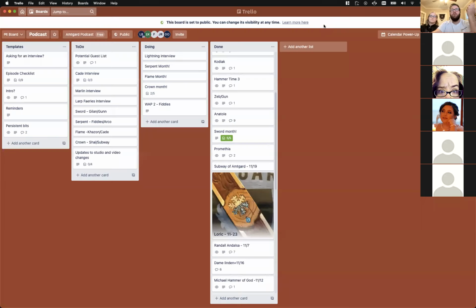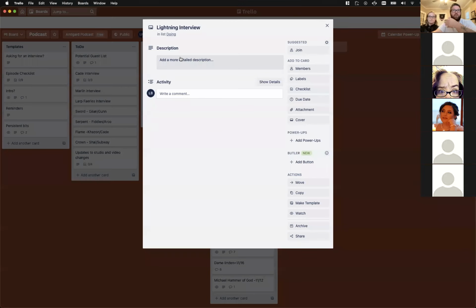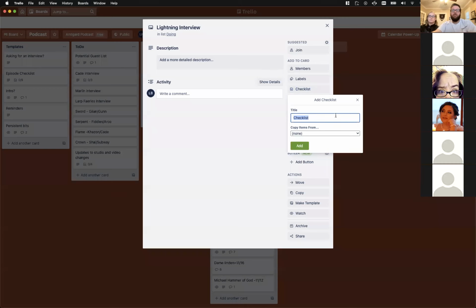And most importantly, this is all collaborative. If I drop something here, you can see all the people I have it shared with. Vidalia, Flo, any of us can jump in and look at it and say, okay, this is the next thing we have to work on. This gets used in tandem with Google Calendar. So we'll say, lightning interview on Monday the 8th, and then there's a task in Trello for that lightning interview that we know we have to do. Then Vidalia in this case will go do that episode. They need to go in and add show notes. So I would put a checklist like,